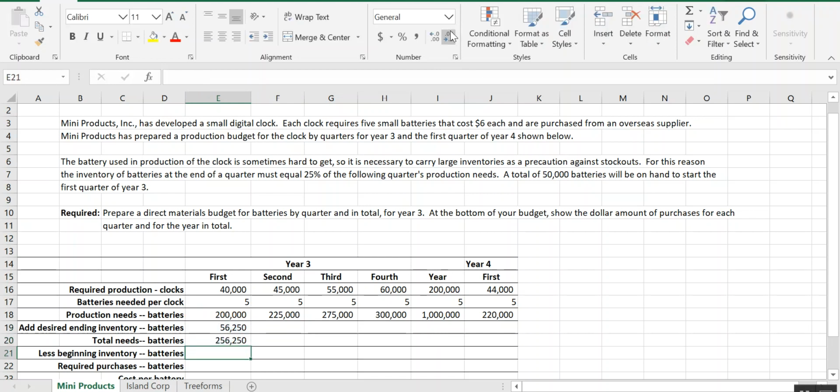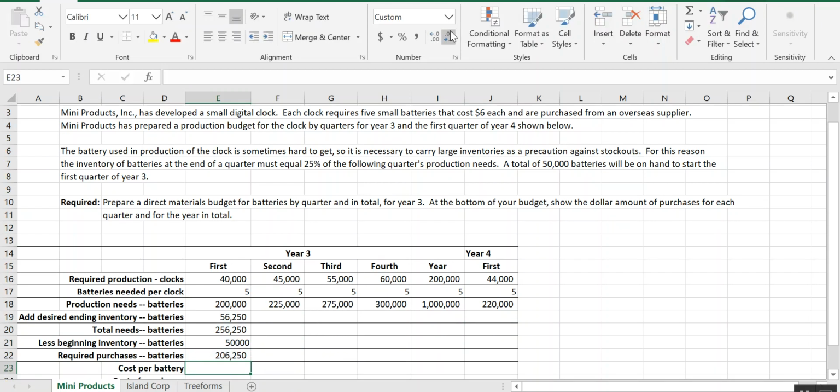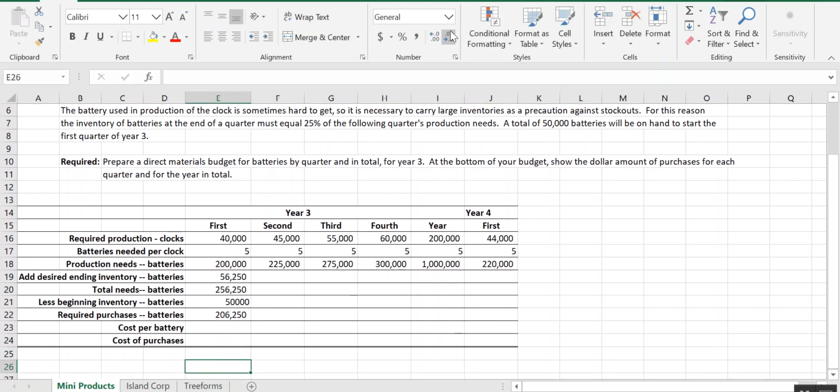We get 256,250. We deduct the 50,000 batteries we had to start with. That gives us a total battery need of 206,250. But we need to multiply that by $6 because that's the cost of each battery. And so we get a total cost here of